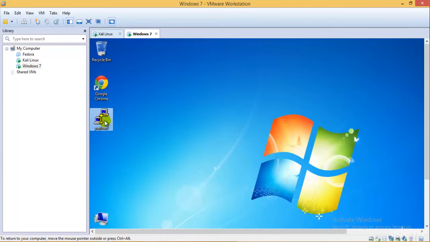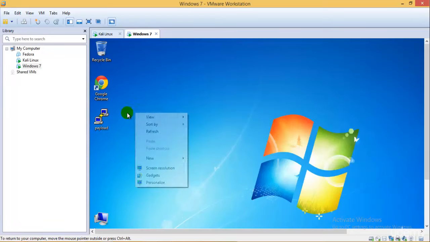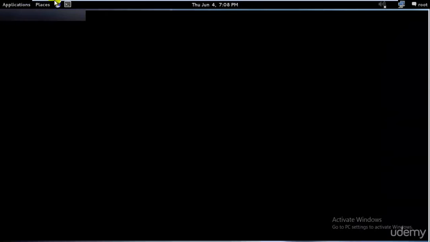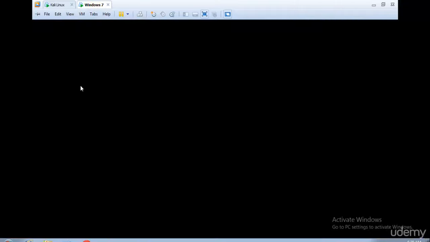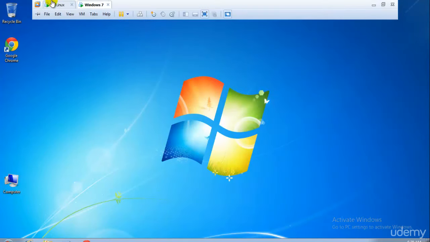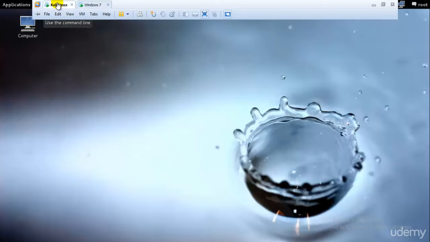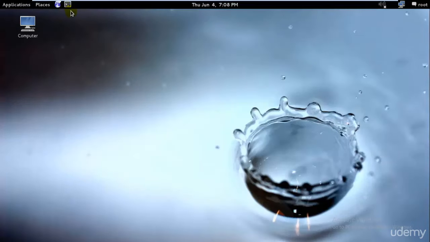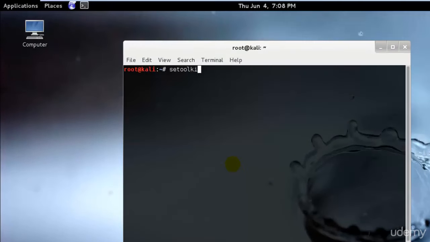I already have this payload over here, which I would probably not need. Let me check if our listener is still active. Okay, never mind. So let's see if we have Chrome installed. Okay, we have Chrome installed and perfectly running. I'll start the Chrome browser, and now I'll go to the terminal and type setoolkit,